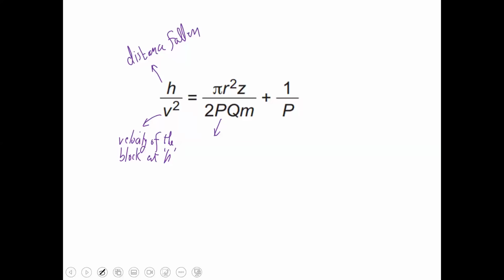Look at this letter P. P is a constant. What is M? M is also a constant. What is Z? Z is actually the thickness of the disk. What is R? R is the radius. Now, what I am doing here,